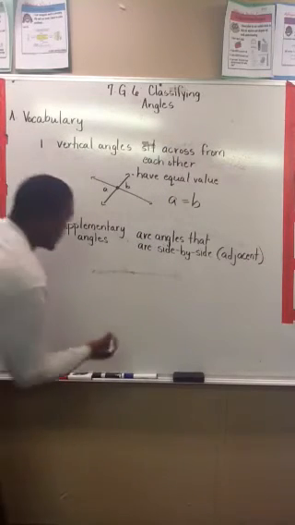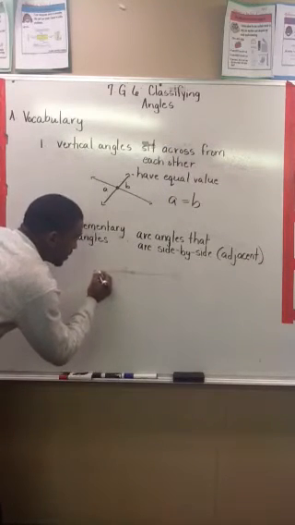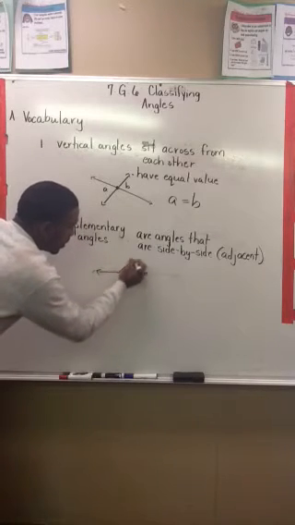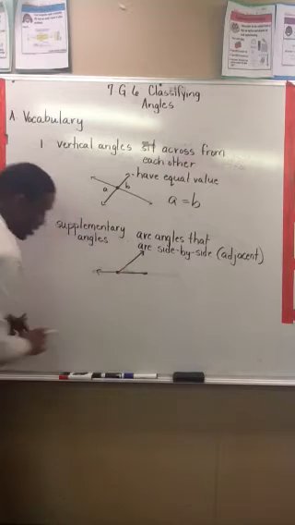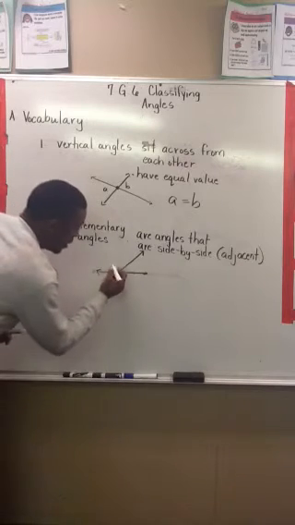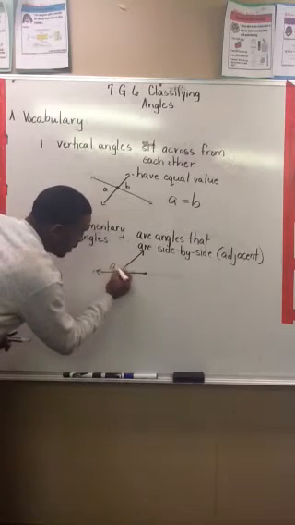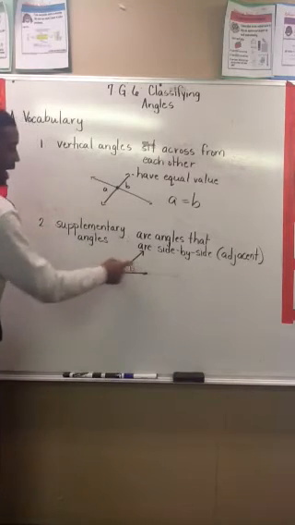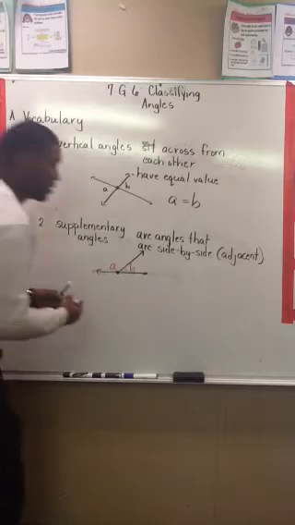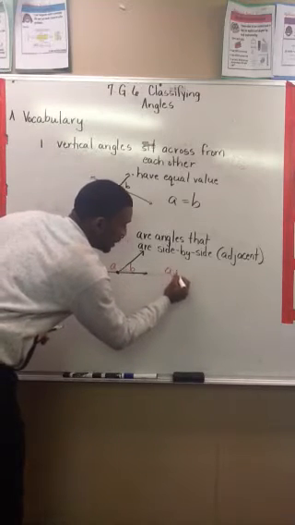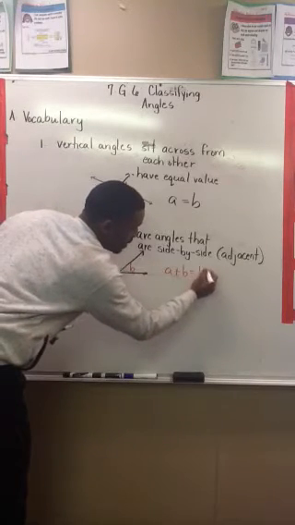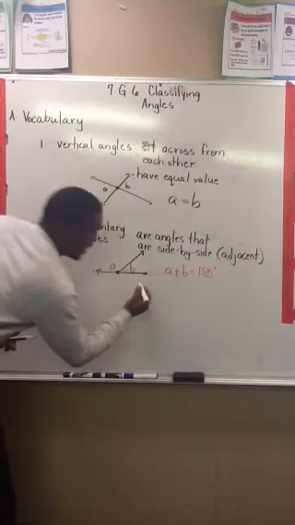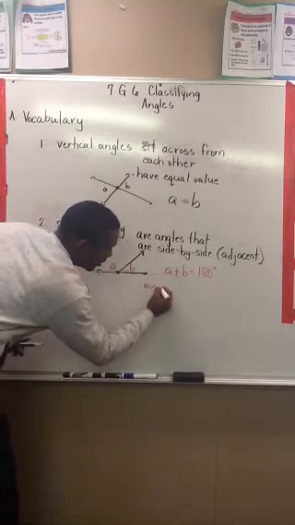If I give you something like this, and I put A and B, A and B are side-by-side angles. So A plus B has to be 180 degrees, because side-by-side angles measure